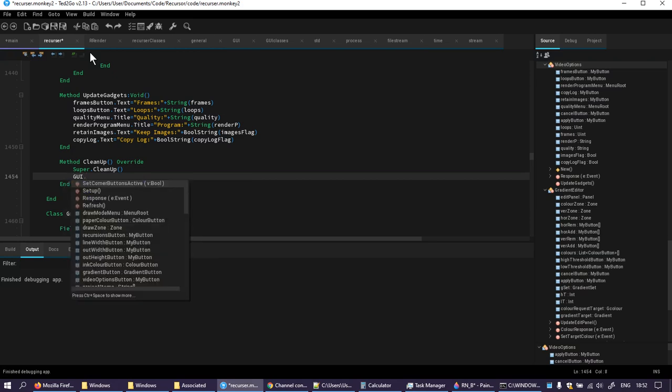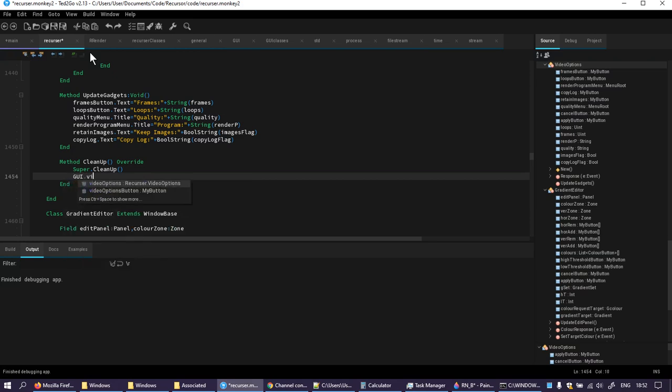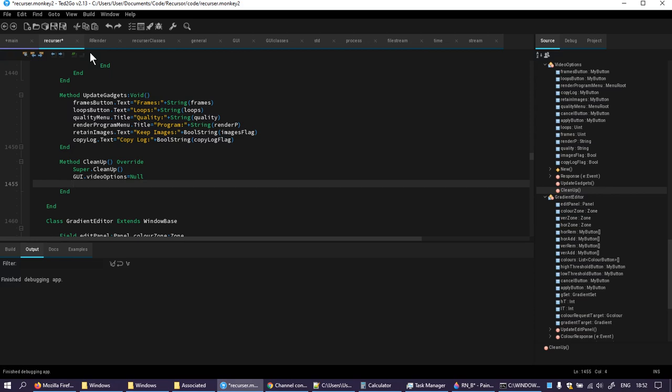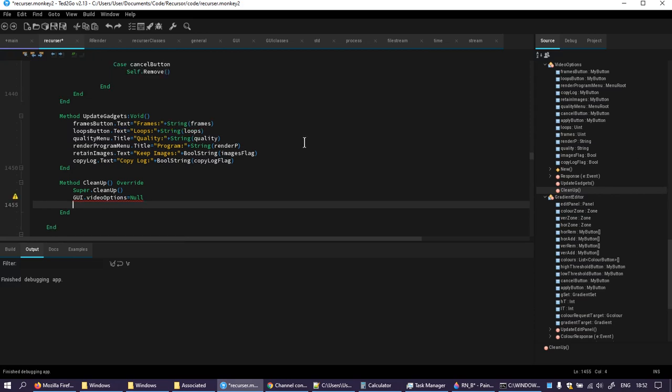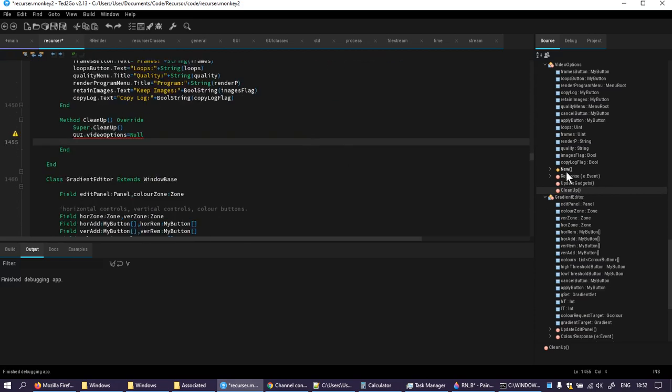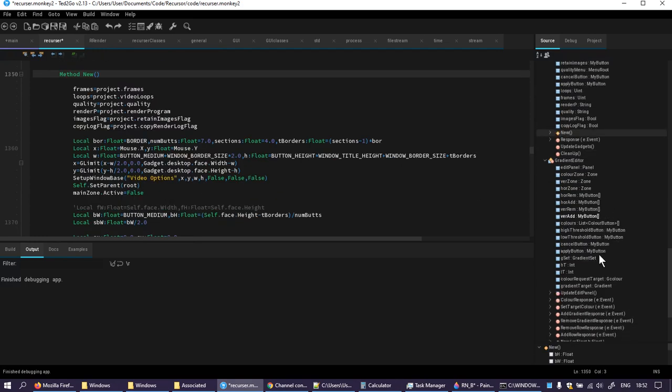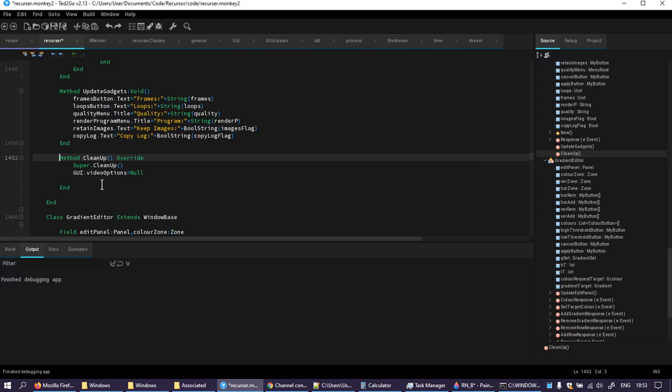GUI video options equals null and what was it? Everything else is made active. Everything that was made inactive gets made active again. Main zone active equals true. And